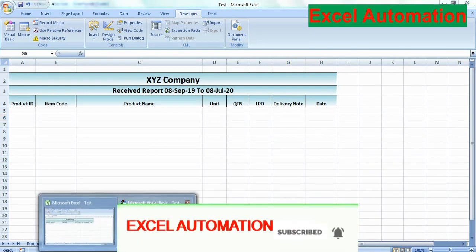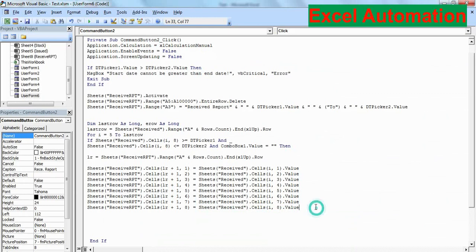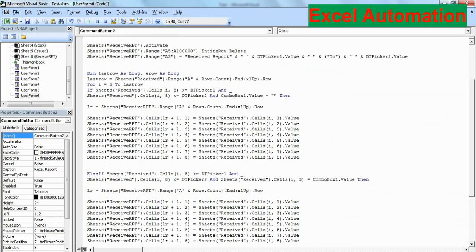Now what we add here, I'll paste the code here. This was the second condition using else if. Here we use if, and the second condition we use through else if.